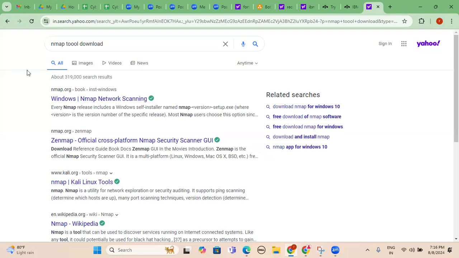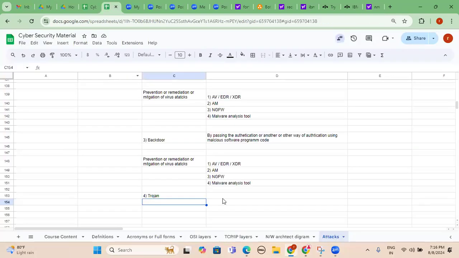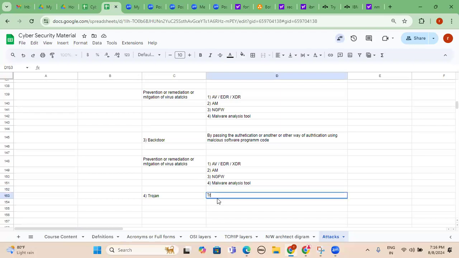Okay, so how can we define this? Trojan is a malware.